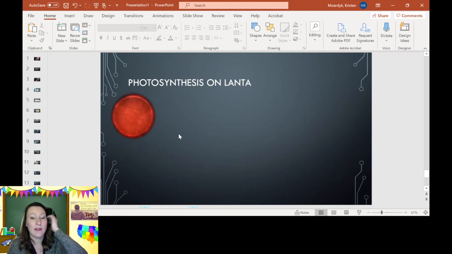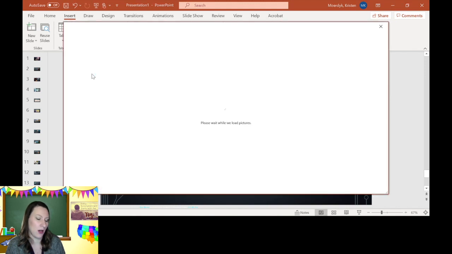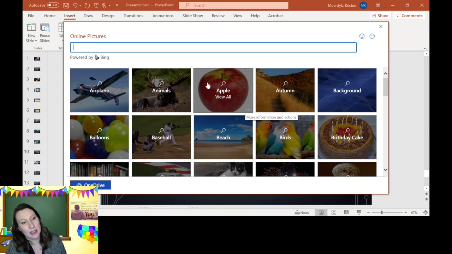Okay, if you have more than one star for your planet or more than one sun for your planet, this can be your example here. So let's say I have not just a single red giant. Let's say I have a blue